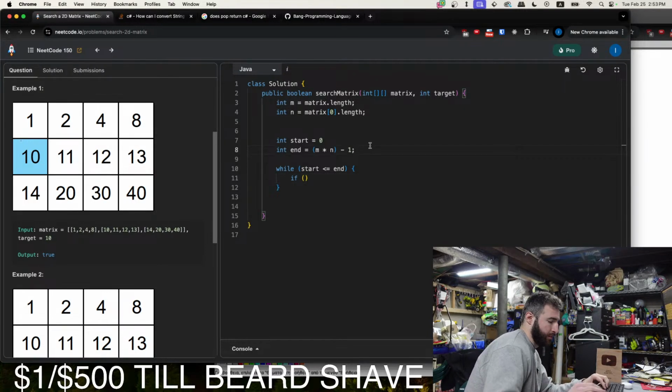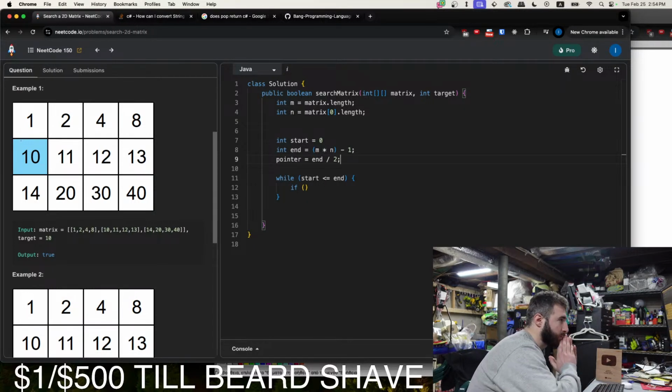Oh, we also need our pointer. Pointer equals end divided by 2. So now we have a linear pointer, and we need to convert it into a 2D pointer. So I think my brain will come up with that if I type this out.